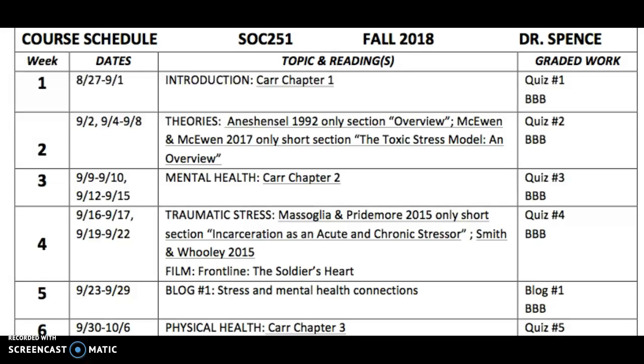Our topic for this week is Introduction, and that'll be your introduction to the course as well as to the assigned book for the class. And then on the far right, the graded work. In general, graded work is due by the end of the week, and Saturday 11:59 p.m. ends the week. But there are important exceptions to that deadline, and when there are those exceptions, you will see